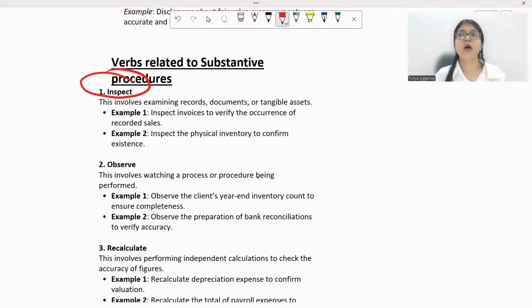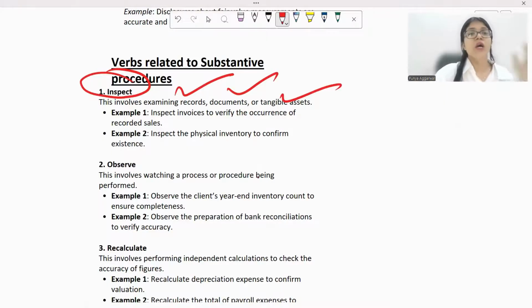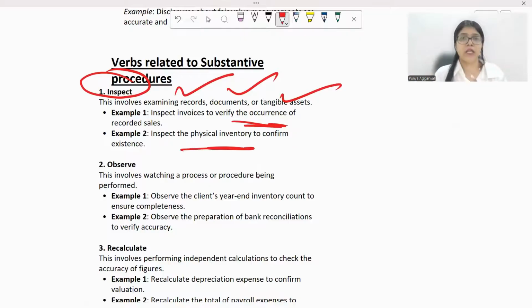Or if not the principal, a third party used to come for the inspection and see if the school is running really well, if the administration is fine, if there's cleanliness. So again, they are checking various aspects of it, right? So when I'm scrutinizing various aspects of my supporting documentation or anything which is happening, then that is inspection. When I'm examining the records, documents, tangible assets, whatever. Okay. So for example, inspection of the invoices to see the occurrence of the recorded sales, or physical inventory. So I'm inspecting it, right? With a scrutinizing mind, is it right, is it not, all of those things, right? So I'll be checking the documents as well.